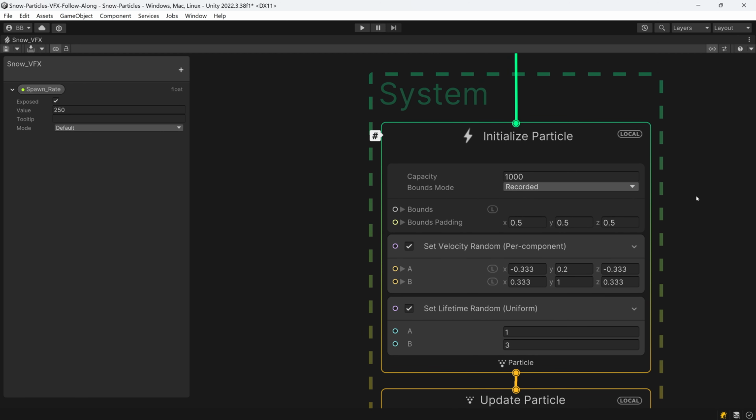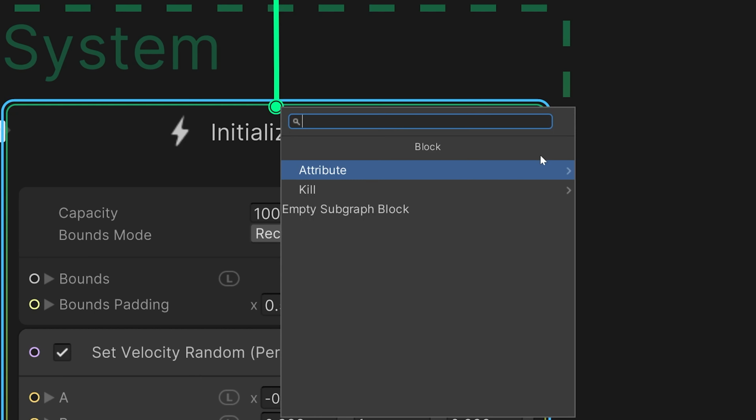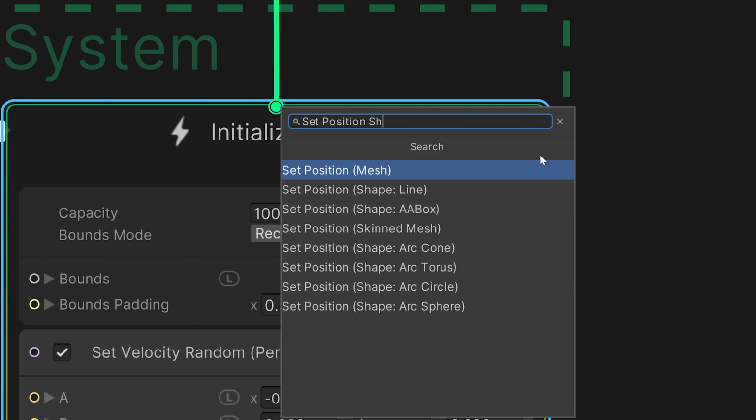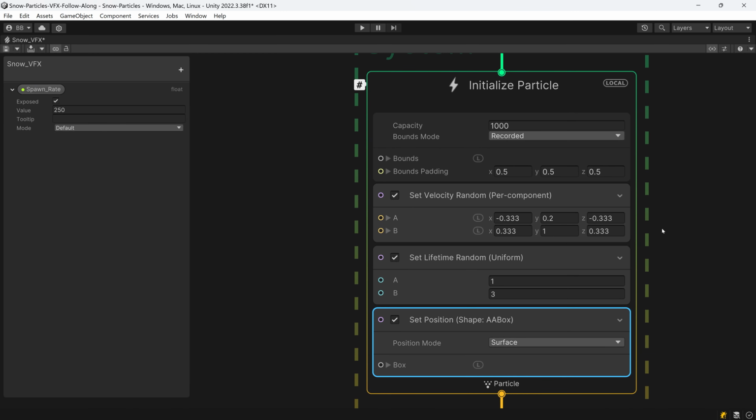ground. To set the starting spawn position, right-click on the initialized particle block and select the Create Block option. Start typing Set Position Shape and the different options for defining the spawn position will appear. For the purpose of this tutorial, select the Axis Align box. This will enable us to set a starting position of the particle somewhere inside or on the surface of the